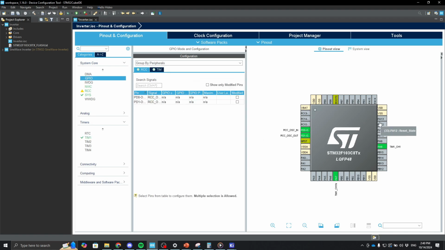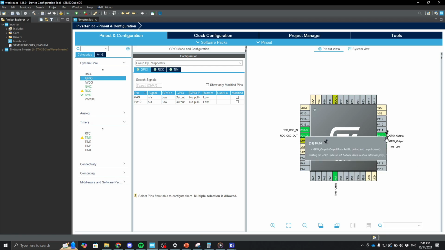We can choose directly from this side. We will use PA9 and PA10 for the other 2 pins, setting them to GPIO output. The PWM will use PA8 and PA7, and then